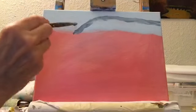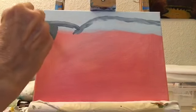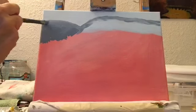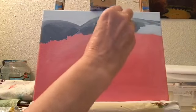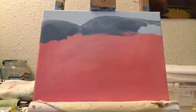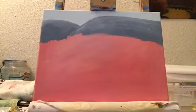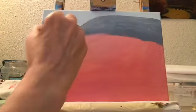I'm blocking in the mountains now, and if you remember from a previous video, we had talked about atmospheric perspective, and that is where the atmosphere affects what we see and how things appear to us in the distance. And so the way that it affects this mountain range is that the colors in the farthest background are going to be a very light color. Typically you will see shades of violets, blue violets, light blues for your distant